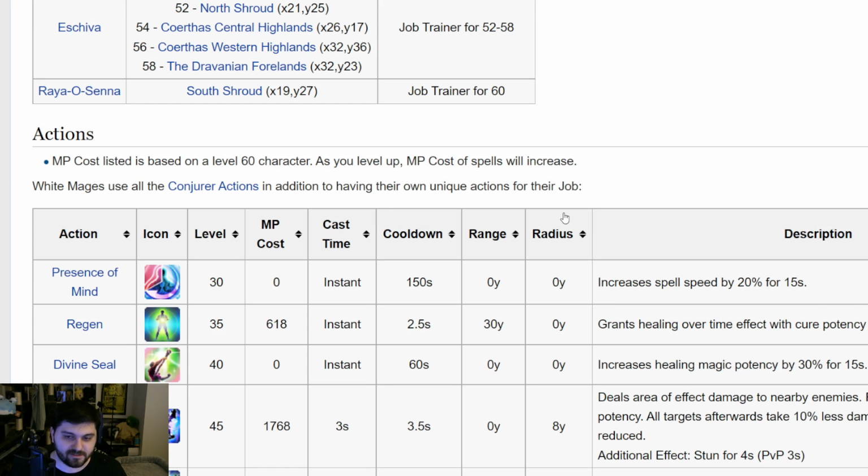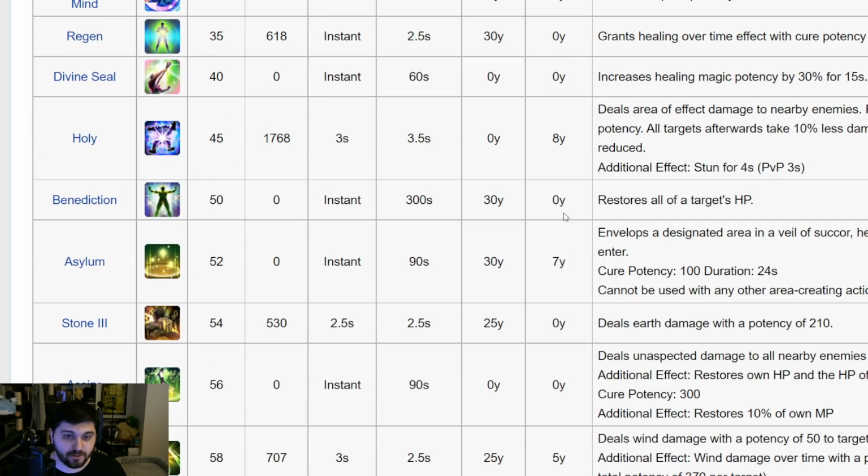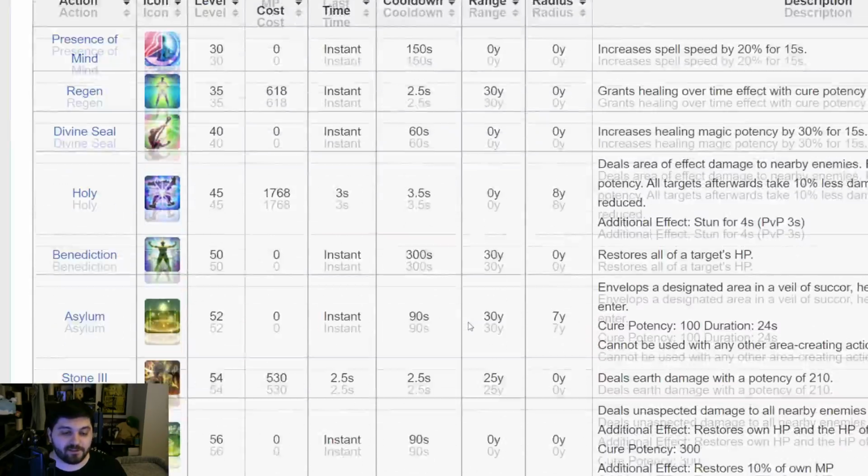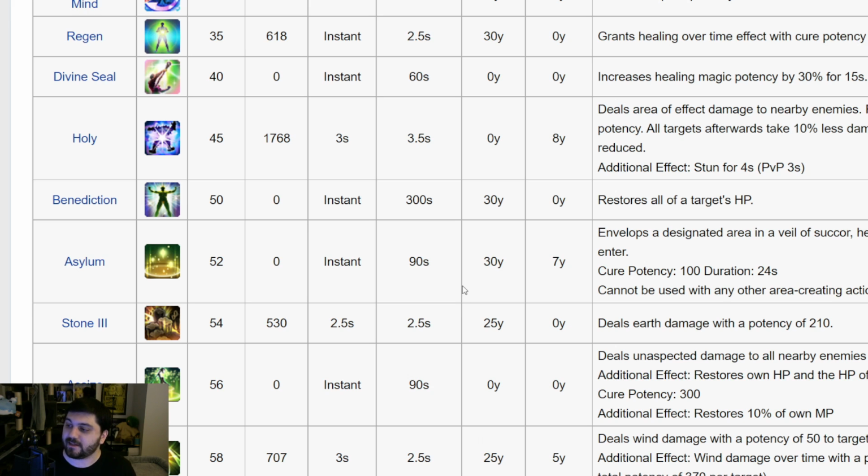As for White Mage itself, let's see if we've got anything of note here. No, Holy, still pretty much the same. Everything looking the same. Now we have the images for this right here. You know, Stone 3, Aero 3. You know, there's nothing fancy to say about any of this. Just all pretty straightforward. So at this point, White Mage pretty much sticking with a similar identity, but there's something